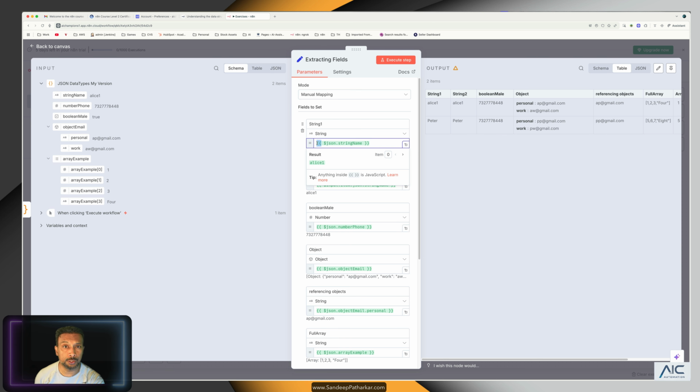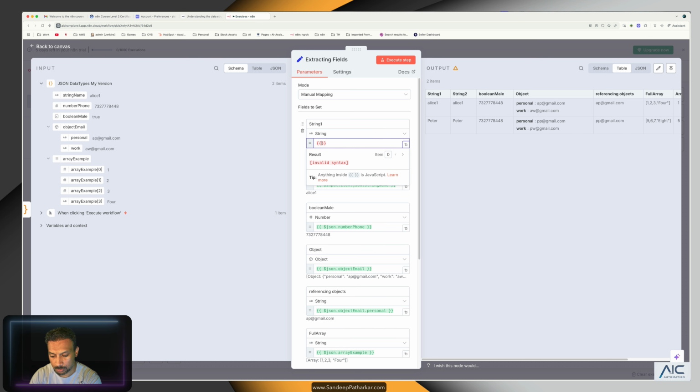Dollar is also used in Unix, Linux, so it's a similar way, but over here it's with double braces. So in double curly braces, we put $json. JSON is nothing but this JSON object which is coming in, and we will extract the string name from there. So just to give you another example,